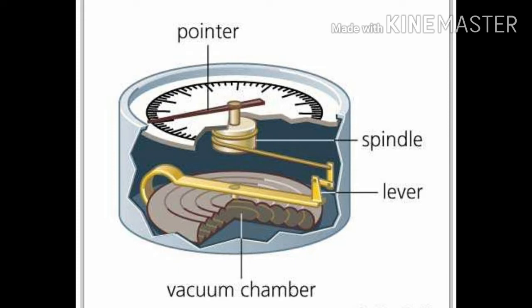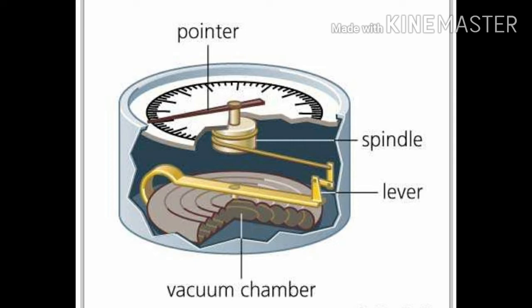This is made up of one thin metal box. Inside the thin metal box you can find a vacuum chamber. It is made of thin metallic substance which will fluctuate in its shape according to the pressure changes. When the pressure increases, the air exerts weight over the vacuum chamber. Those fluctuations will be marked over the lever, which means movement of the lever takes place, that moves the spindle, and the movement of the spindle will be marked